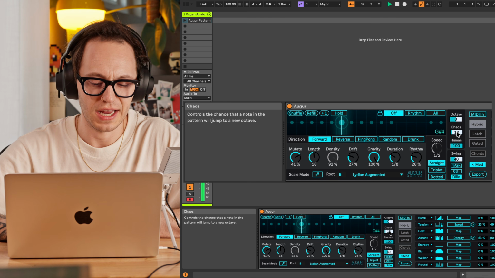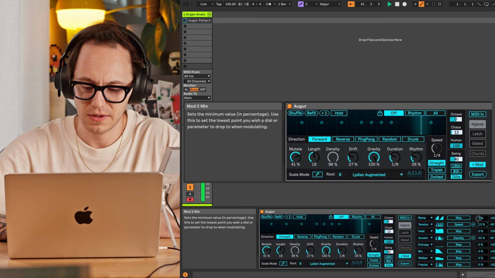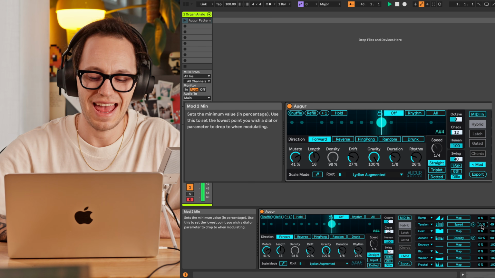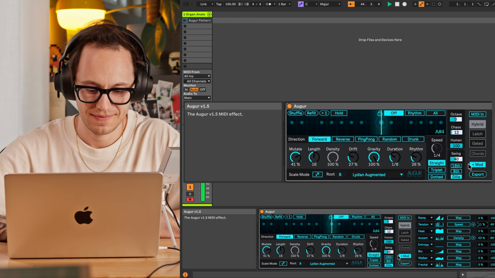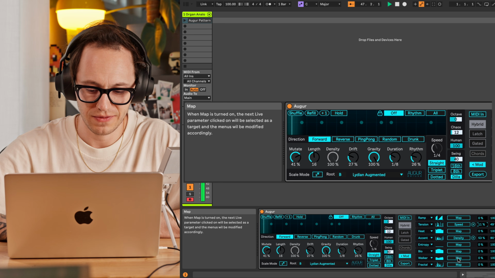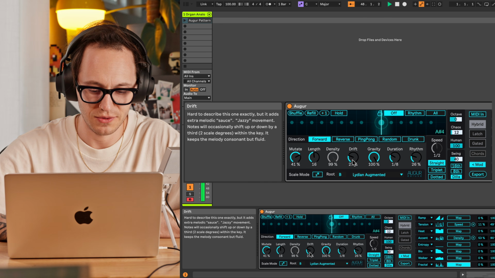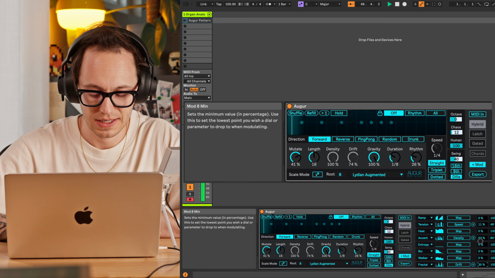Okay, but how can we randomize this a little bit more? Let's actually change the speed. Let's go down so that the speed can get pretty fast. And yeah, this is okay. I like that. So then what if we add like fractal to the drift and go maybe like,